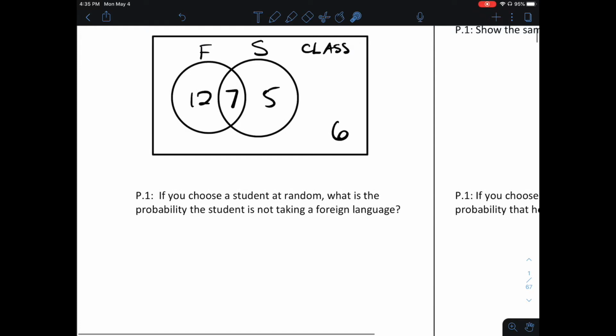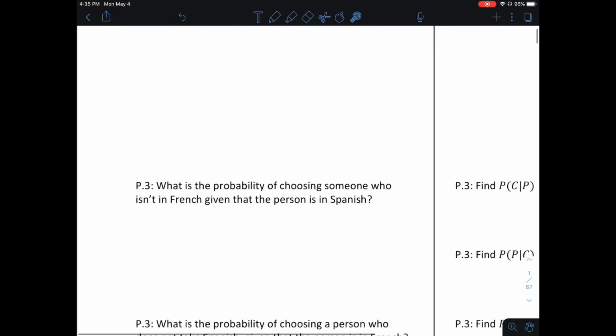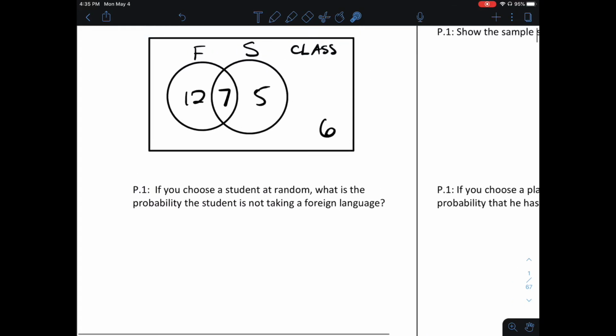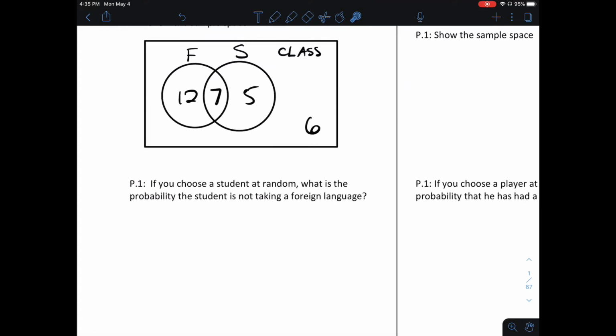Question that goes with this, P1. Keep in mind P3 is not till the 3rd day, so we're not going to do that. If you choose a student at random, what is the probability that the student is not taking a foreign language? So let me introduce you to a new notation. Probability that they're not taking a foreign language, that would be